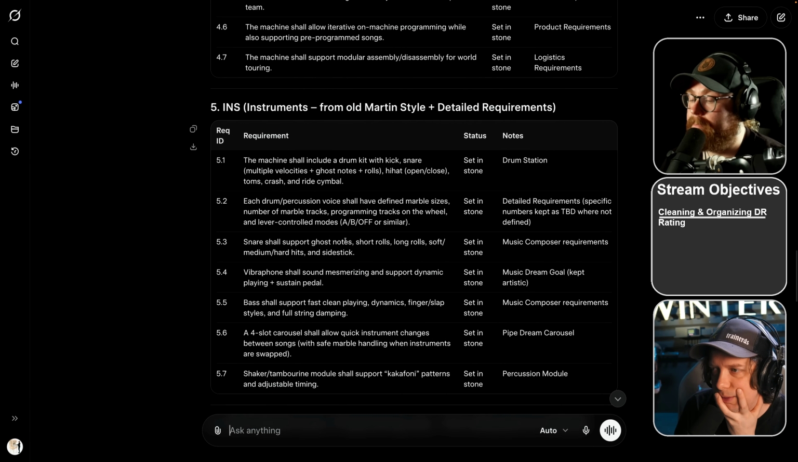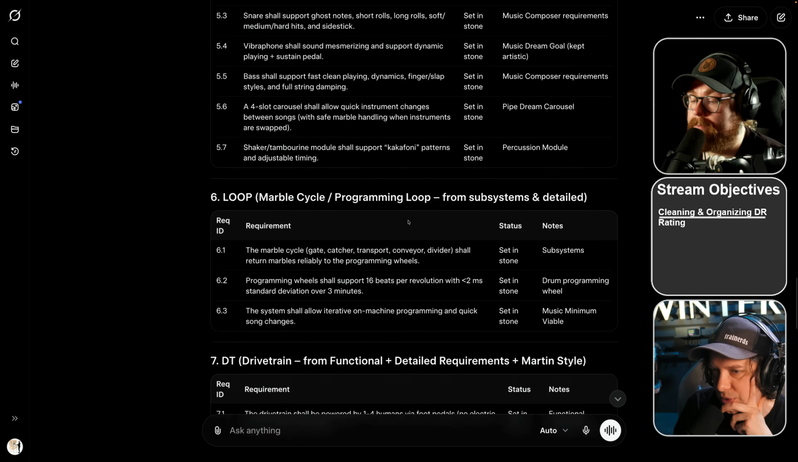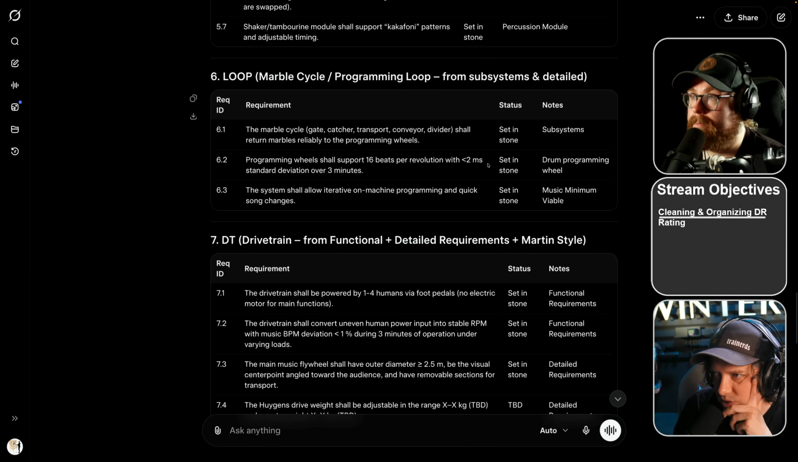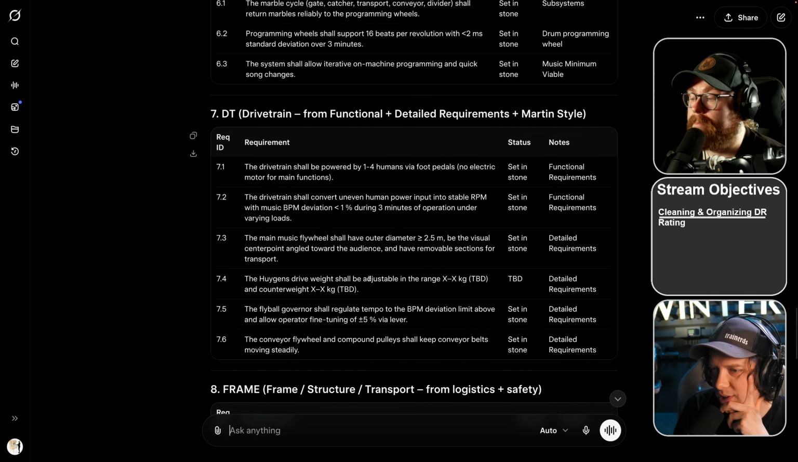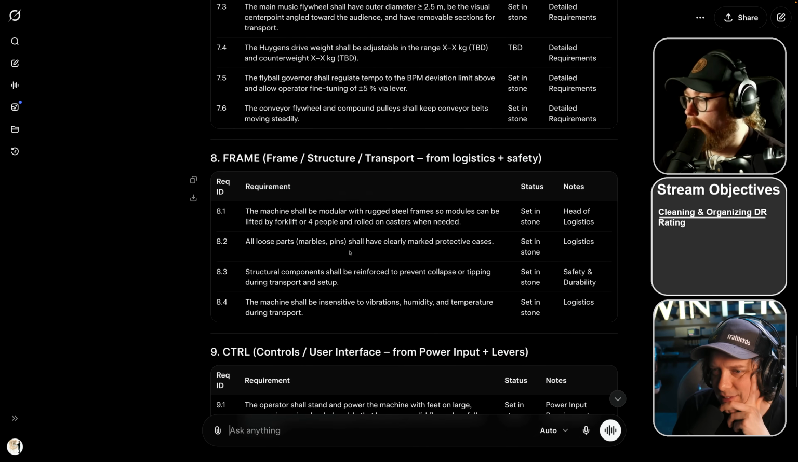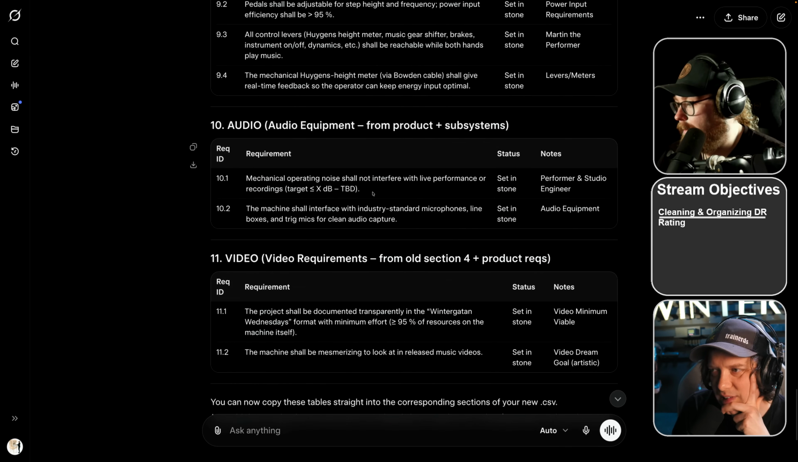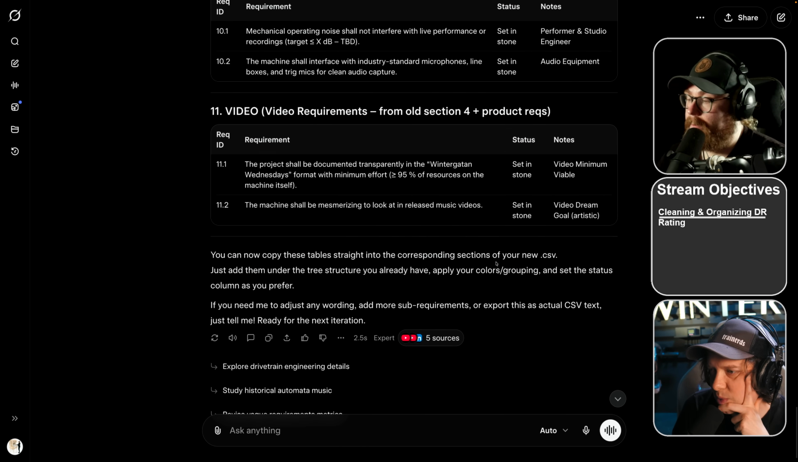Martin style detail, but then I have no clue checking this. We should kind of counter check manually later, perhaps. Status set in stone. Status TBD on 1. The Huygens drive. This is pretty fun to read. Frame, control, audio, mechanical operating notes. Yeah, it has done a great job here. You can now copy these tables straight into the corresponding sections of your new .csv. If you need me to add any wording,